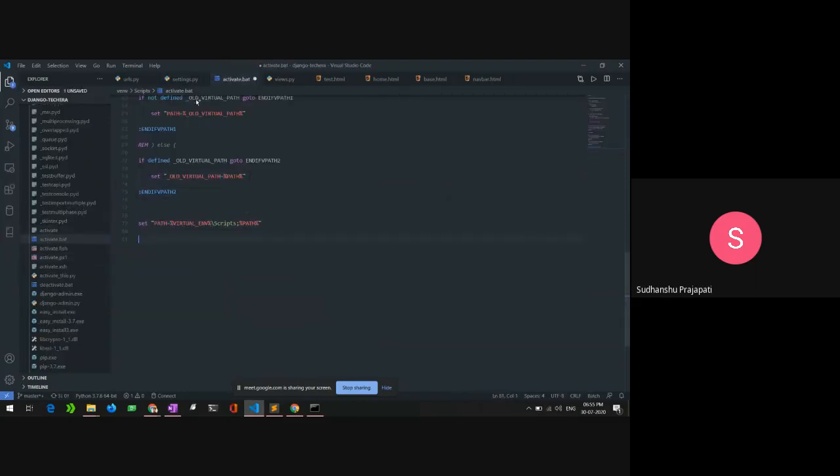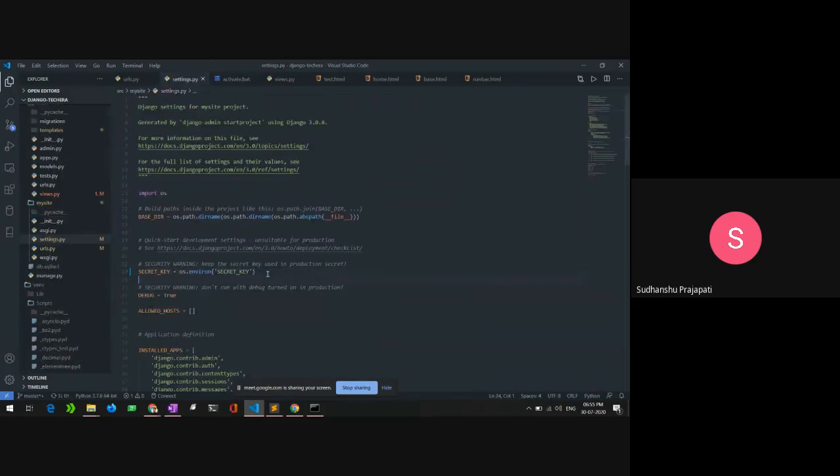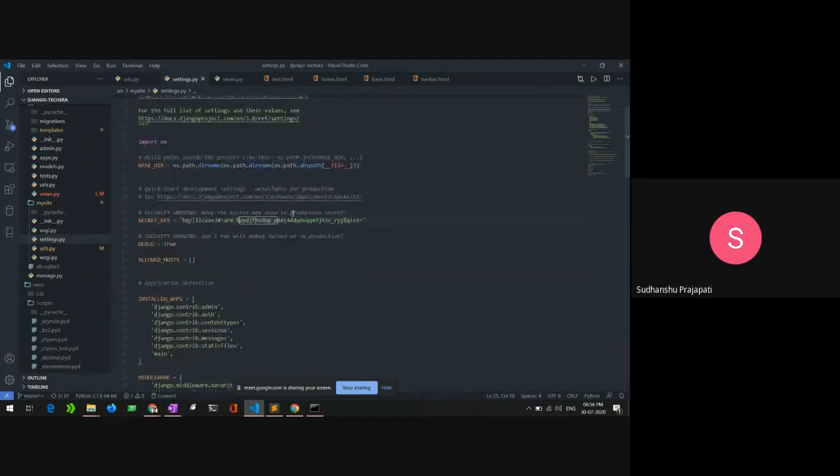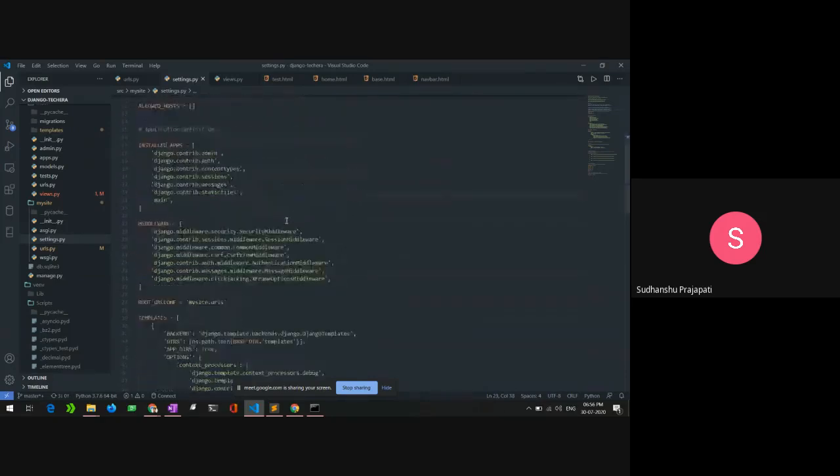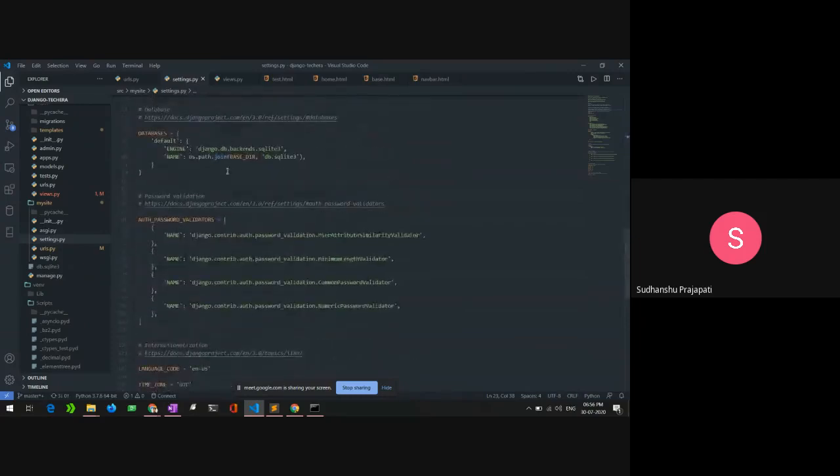Let's leave it here. I will figure out why it's not working and explain these things later, in the starting of the next session. It's really important, because if you ever work in production, you need to figure out how to set your secret key and your database authentication key or the API keys.